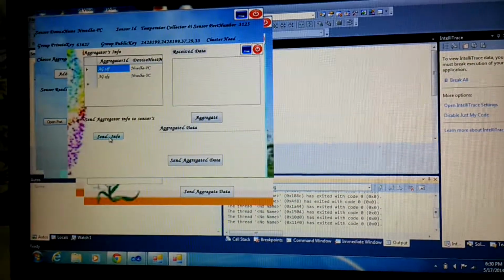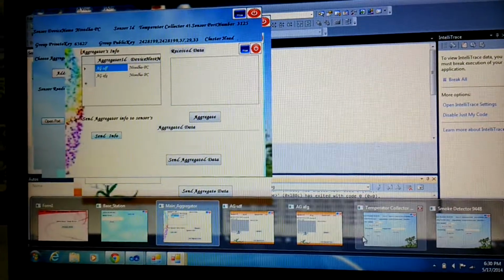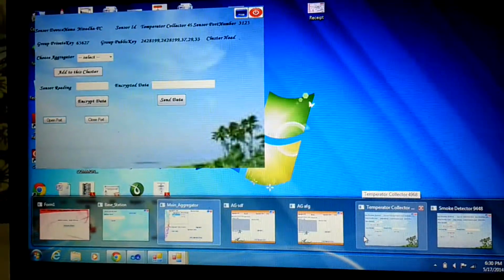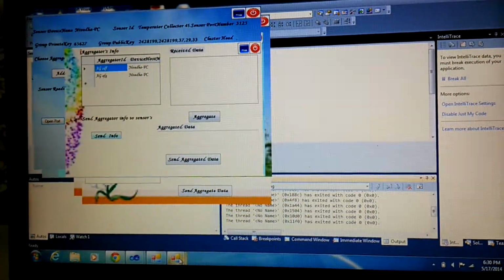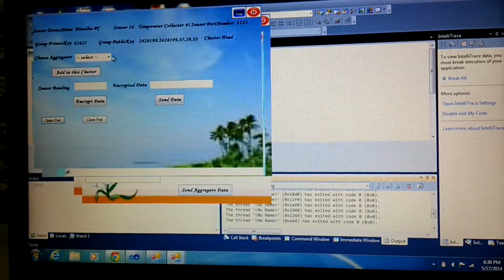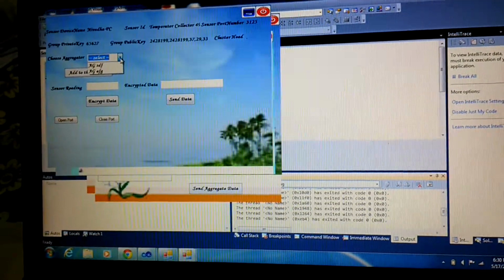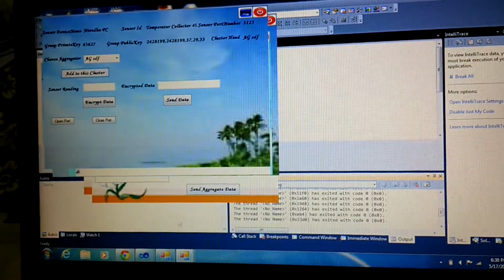After that, the aggregator will be sending information. Here we have to choose the aggregator in which we are going to include it, and we have to click add cluster.